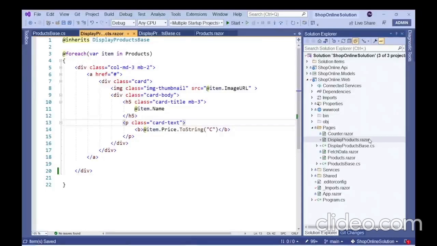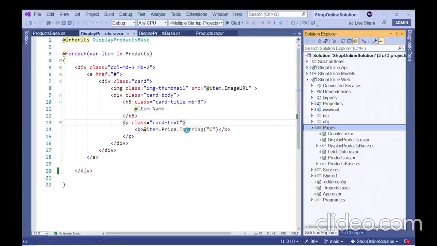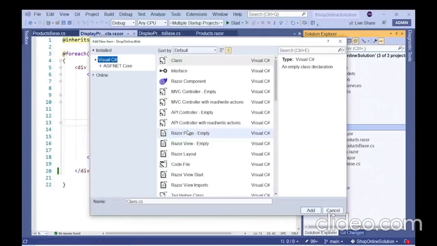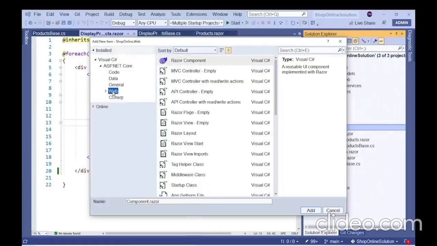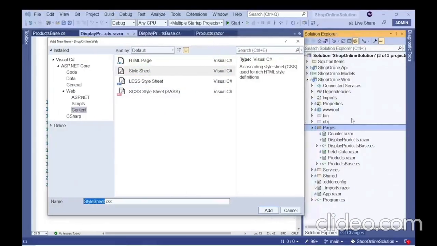So let's add a CSS style sheet to the Pages directory and let's name this style sheet